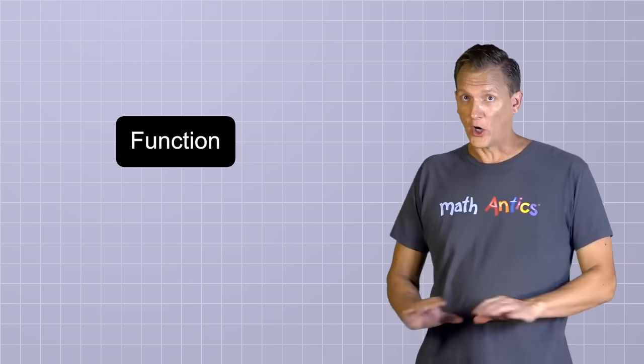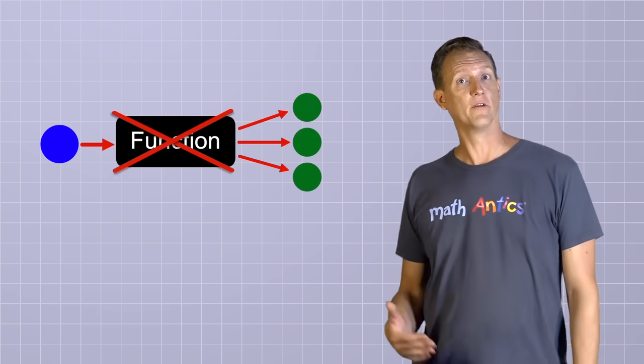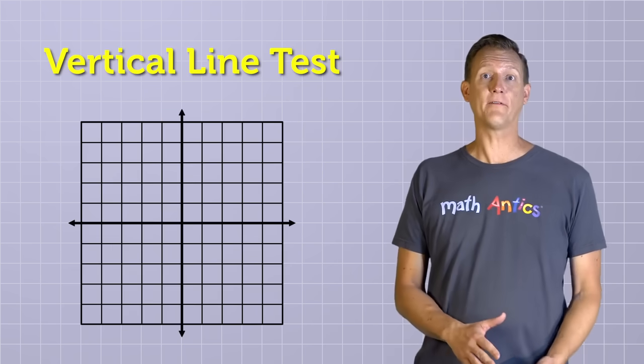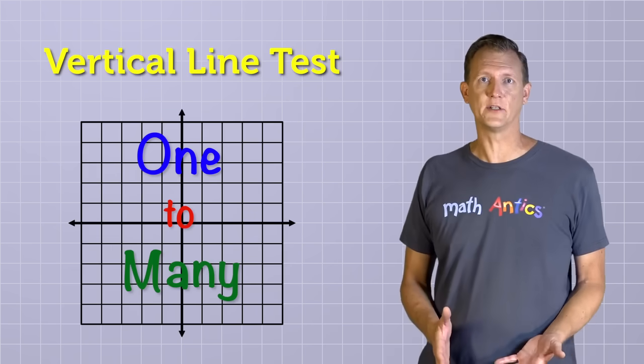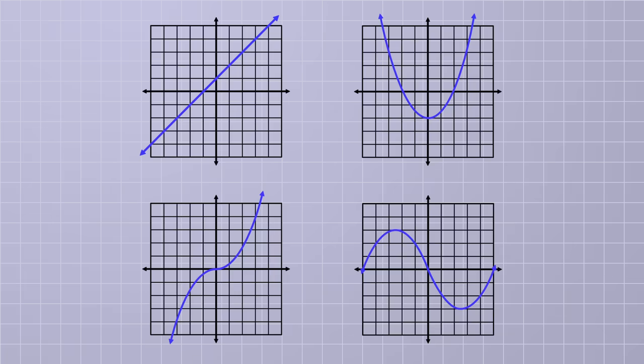Remember how functions aren't allowed to have more than one output value for a particular input value? Well, the vertical line test helps us see if a graph has any of those one-to-many relations that would disqualify it as a function. Here's how it works. Imagine that a vertical line is drawn on the same coordinate plane as the graph that you want to test. Then, imagine moving that vertical line left and right across the domain,